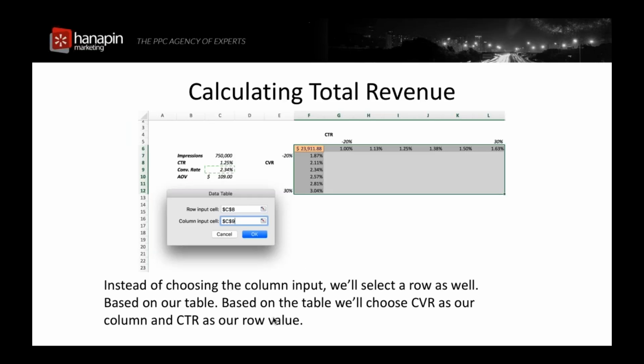So projecting based on two variables, very similar to the last one, except this time, instead of just having some of our values in a column, we're going to build horizontally the second variable. So here we have CVR, and sometimes it's not the most common way to abbreviate it, but that's conversion rate, and our CTR. And what we did here is we took our current click-through rate and conversion rate, and then we went minus 20% and plus 30%